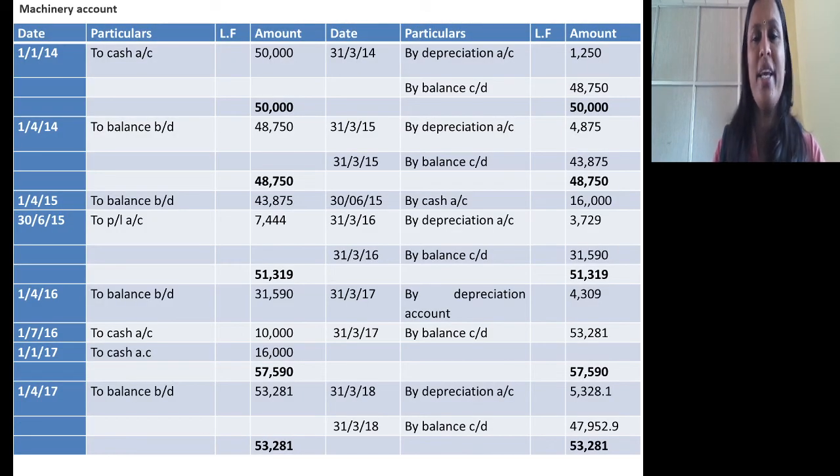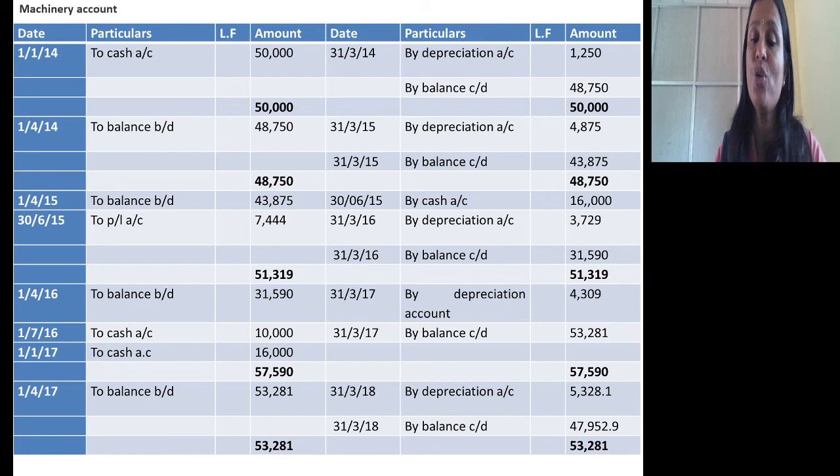You just look at the machinery account. You know the entry for purchasing the machinery: machinery account debtor to cash 50,000 on 31/3/2014. Depreciation: while charging depreciation, you should show it totally for 50,000, 40,000 plus 10,000. That is 1,250. So balance is 48,750. Second year we are charging depreciation. You just calculate the total of depreciation in the note, for 40,000 and for 10,000, it will become 4,875. Balance will become 43,875. Again next year balance is 43,875.